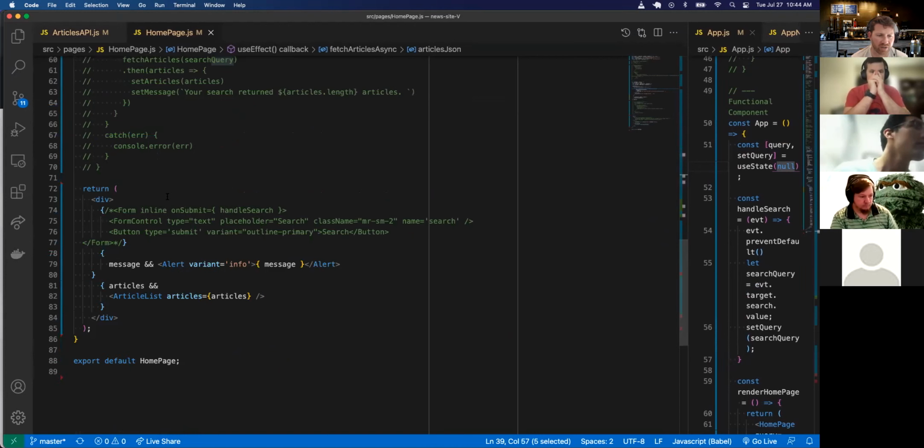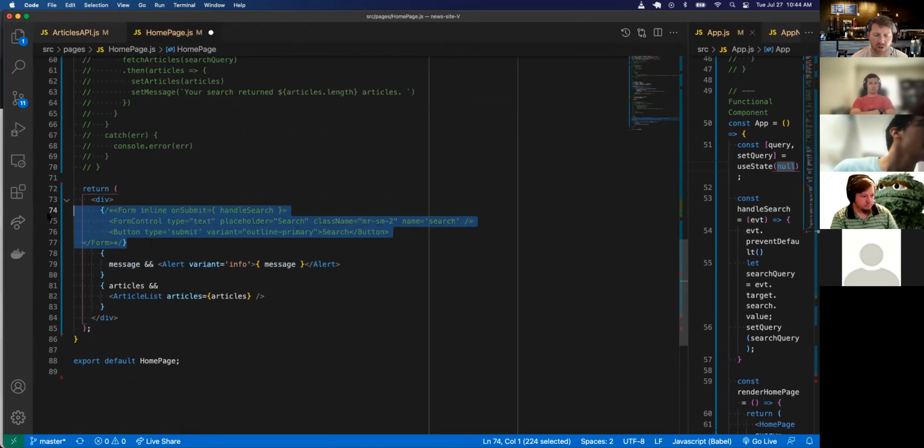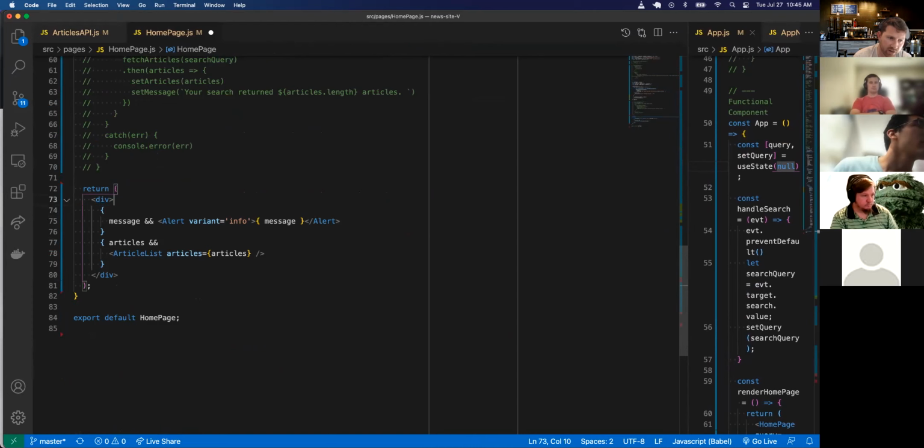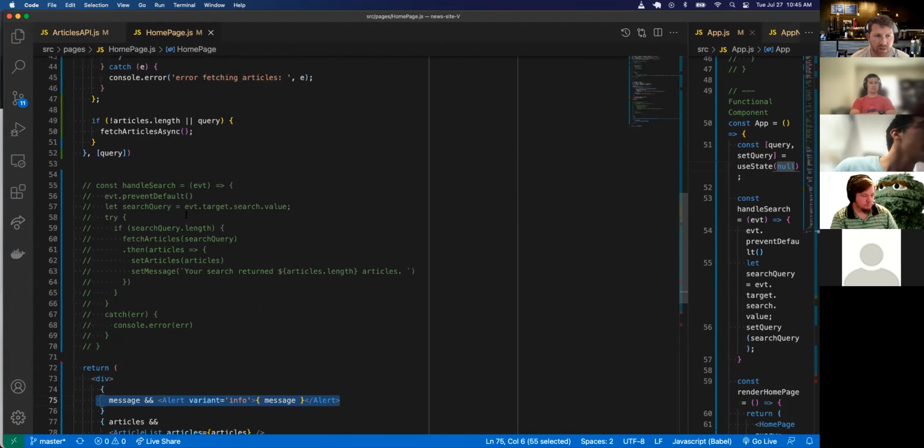And in the home page, I've got this alert message. This is the old code for when the search bar was in the home page and not in the app query, or I'm sorry, the app.nav. So that's what that's there for. I can always delete that. But this alert message is